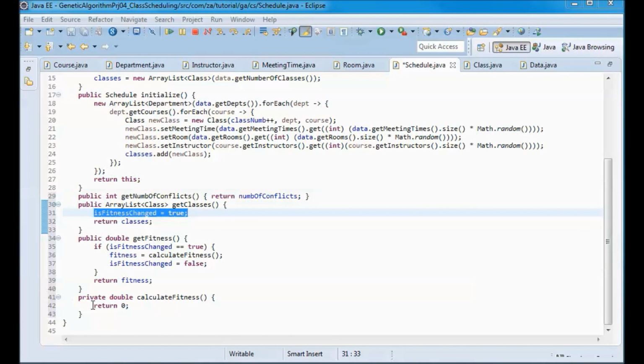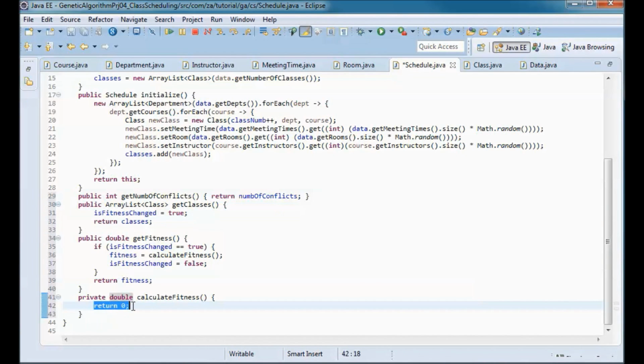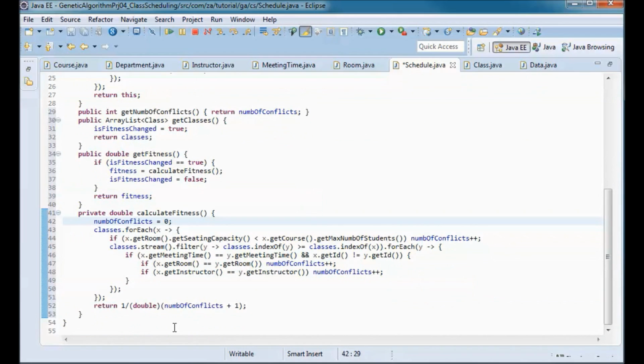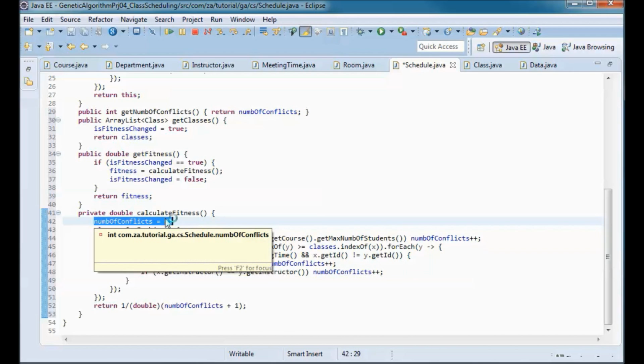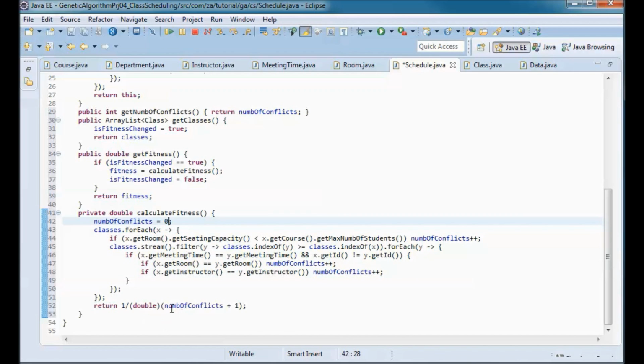And calculate fitness would return a fitness of 1 if there are no conflicts. So we start with a number of conflicts of 0, and if the number of conflicts is 0, then we end up with 1 over 1, so that would be returning a fitness of 1.